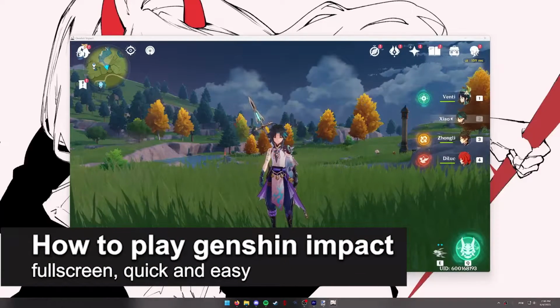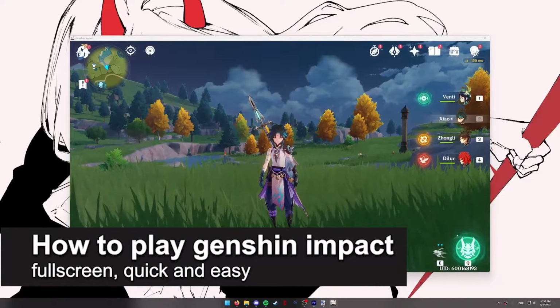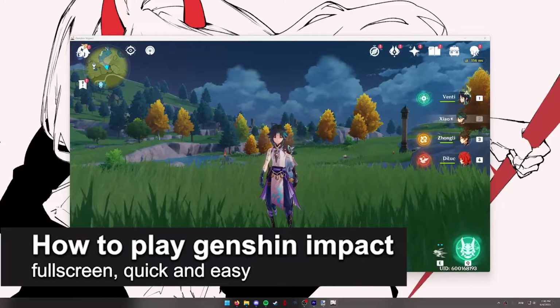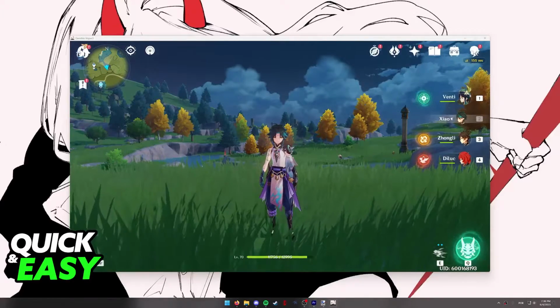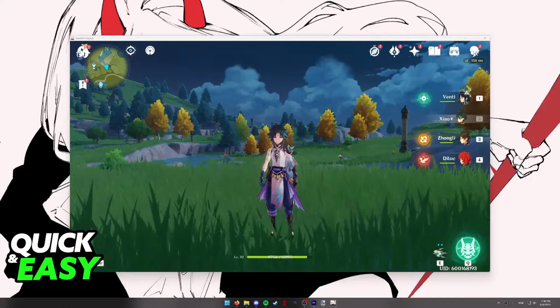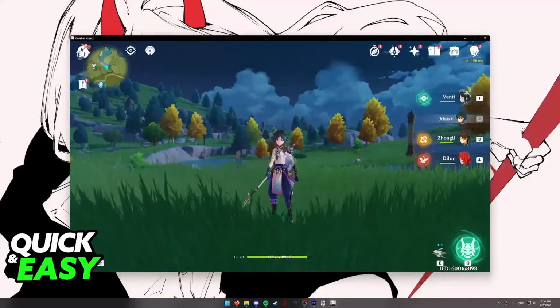In this video, I'm gonna teach you how to play Genshin Impact on full screen. It's a very quick and easy process, so make sure to follow along. All you have to do to set your Genshin Impact to full screen on any resolution that you wish is